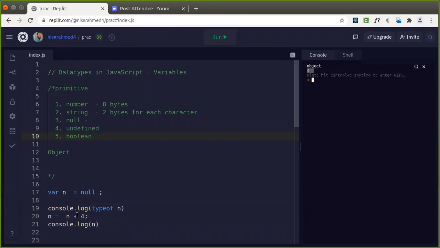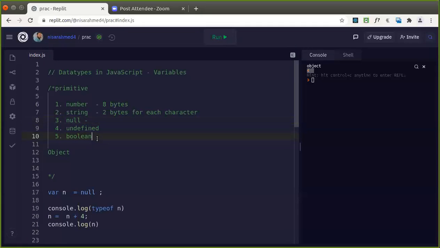So null plus 4 has given us 4, but undefined plus any value has given us not a number. We can compare that value, if it is equal to null, isn't it? That is actually nearing 0, but it's not 0 actually. Good. So that is how you can use null.